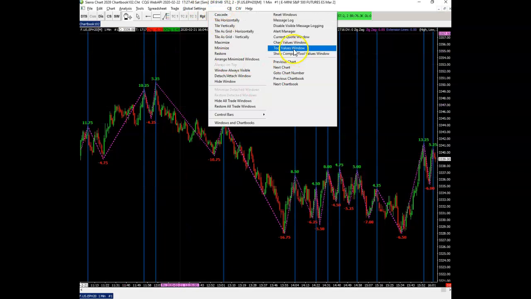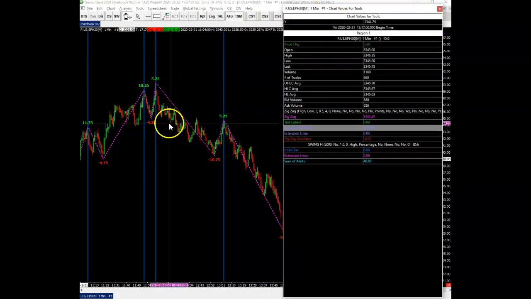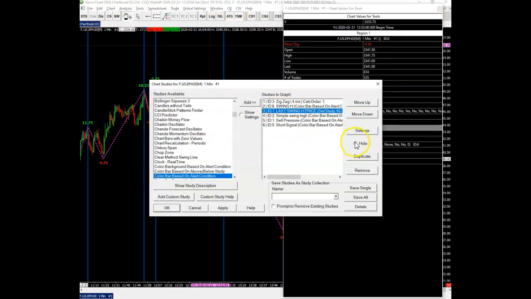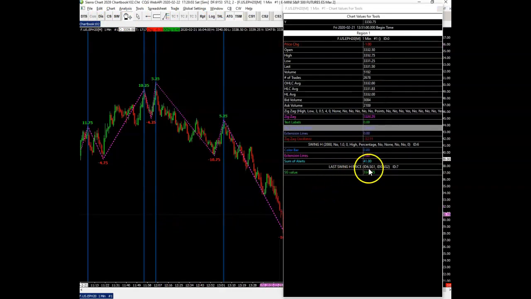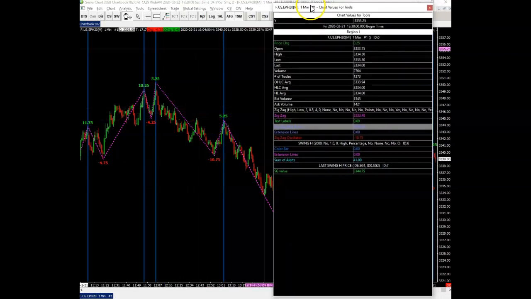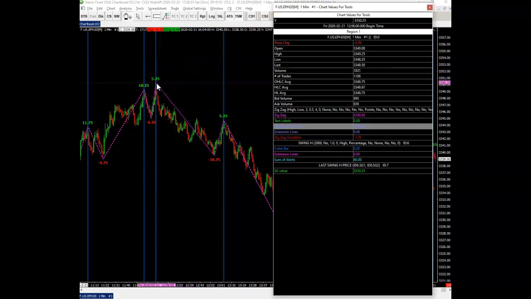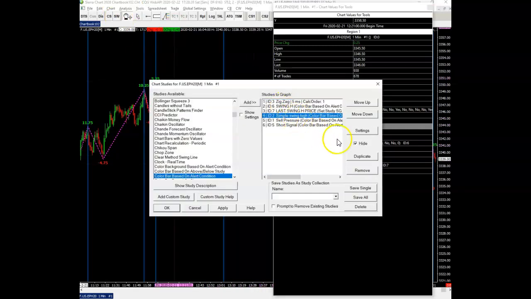So if you look at the tool values window again, you can hover over the bars and you will see, I have to unhide it, the last swing high here. You see the last swing high. From here, you see it 33.50.25. And that's this swing right here, 33.50.25. And that will stay there. You see that SG value is still the same until we have a new one right here, 44.75 right there, etc. So that's a study we're going to use because in the simple swing definition,